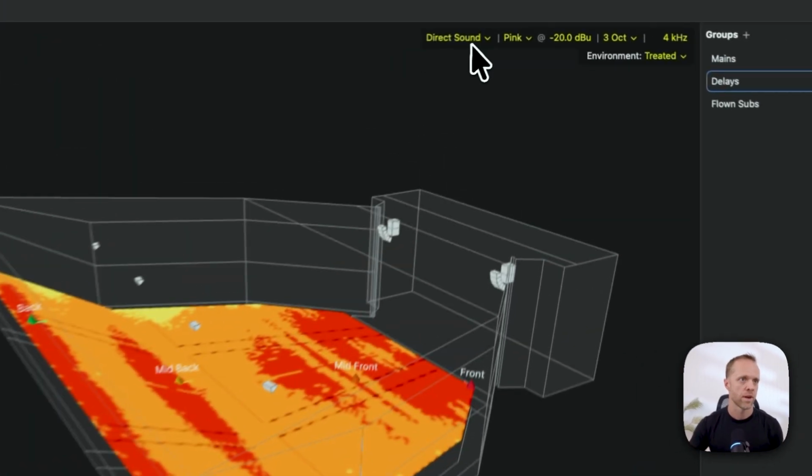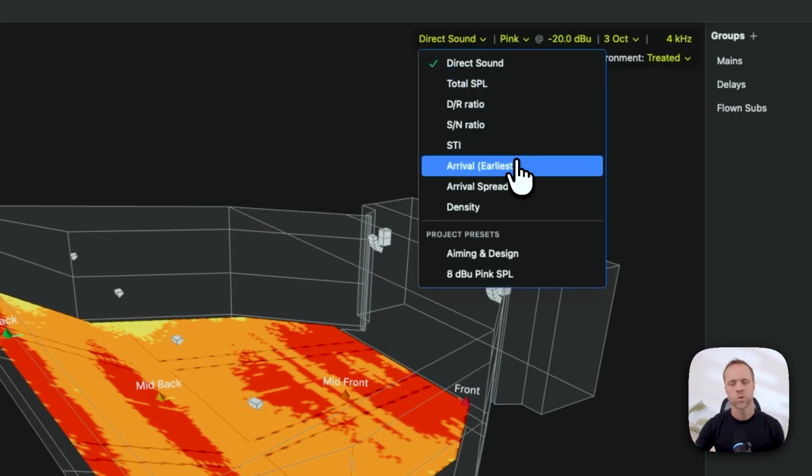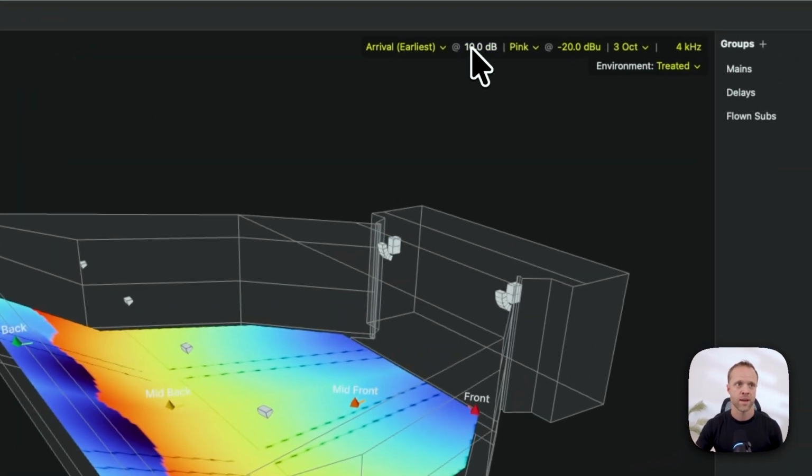just going to go up to the top right-hand corner here where we see our current mode. We're going to select this from the dropdown, and we're going to switch over to our first one, which is arrival earliest. Now, the way that earliest arrival works is that it shows on the map what the very first source arrival is at any given location. It does that using a threshold parameter that we define at the top here. And this is at 10 dB by default,